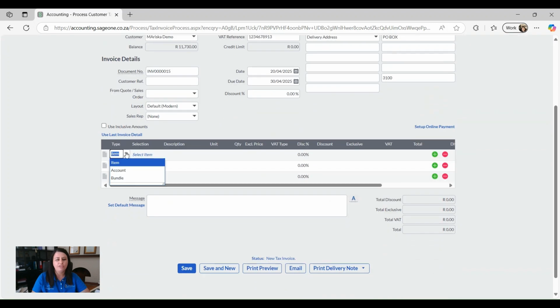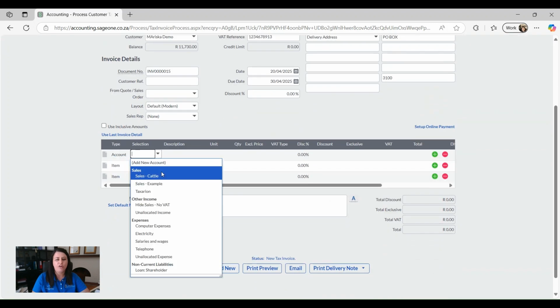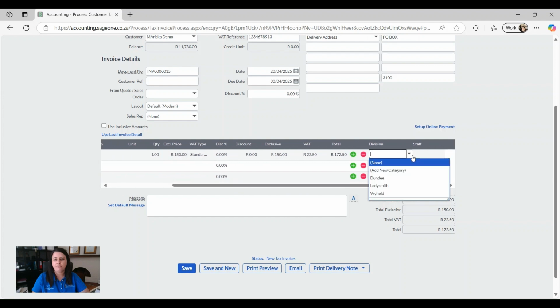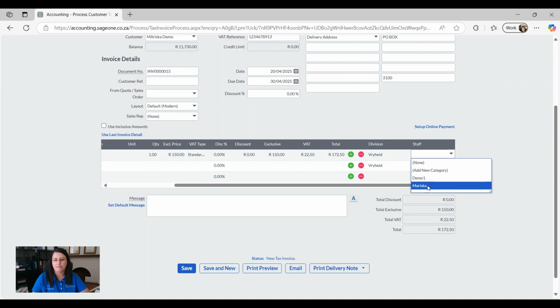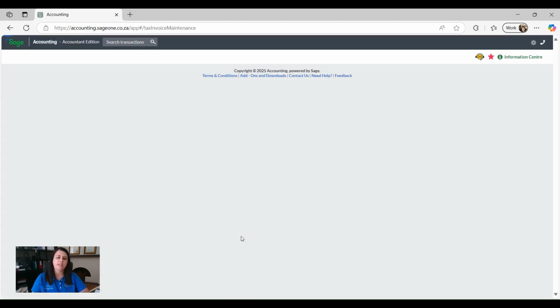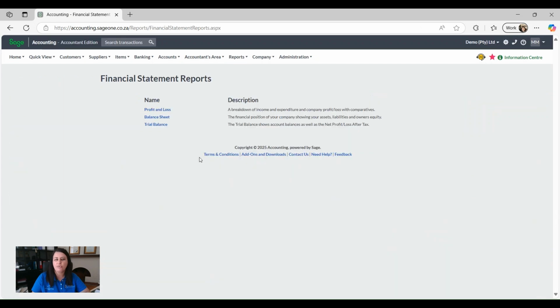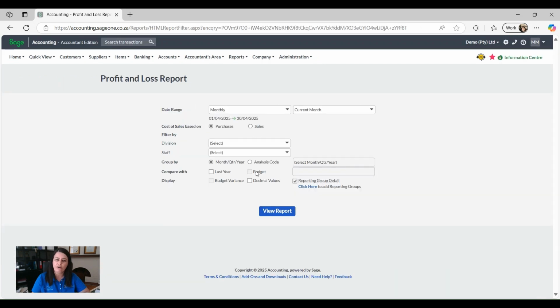So I'm going to just do an easy example of preparing a taxation return. And I'm going to say this was done at the Vryheid branch and it was done by me. And I'm going to save that. So now when I go to my reports and I actually want to see what happened in Vryheid this month, I can say I want to see what happened in Vryheid,